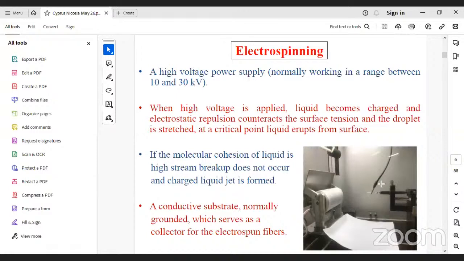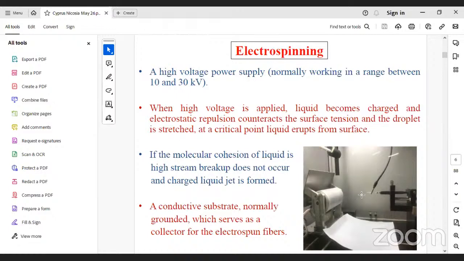This is the needle, and this is the crocodile pin through which we are applying the voltage to the needle. When we apply the voltage to the needle, the liquid becomes charged. Whatever liquid comes from the syringe gets charged, and upon charge, the liquid comes out from the syringe. That charged liquid comes from the syringe, and electrostatic repulsion counters the surface tension, and the droplet is